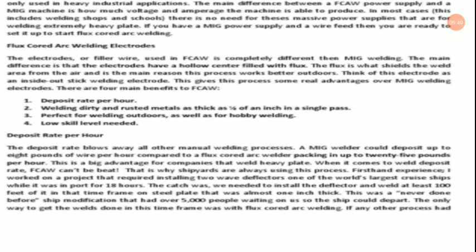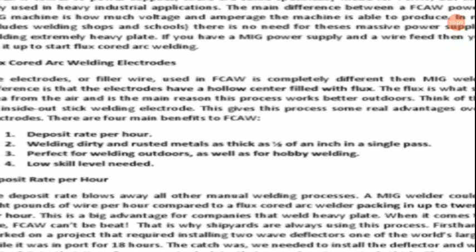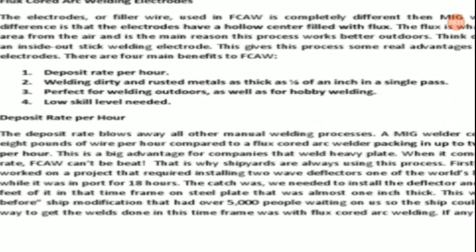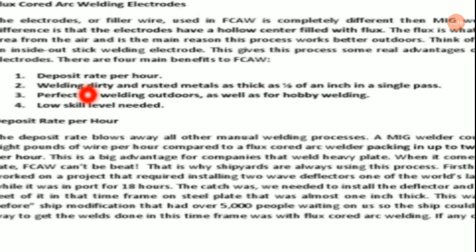Okay, this flux is what seals the weld area from the air, and it is the main reason this process works better outdoors, where there are different impurities in the air as well. So think of this electrode as an inside out stick welding electrode. And this gives this process some real advantages over MIG welding electrodes. It is the main highlighting point you should remember, that the advantages of FCAW in comparison to MIG welding are the high deposit rate, and